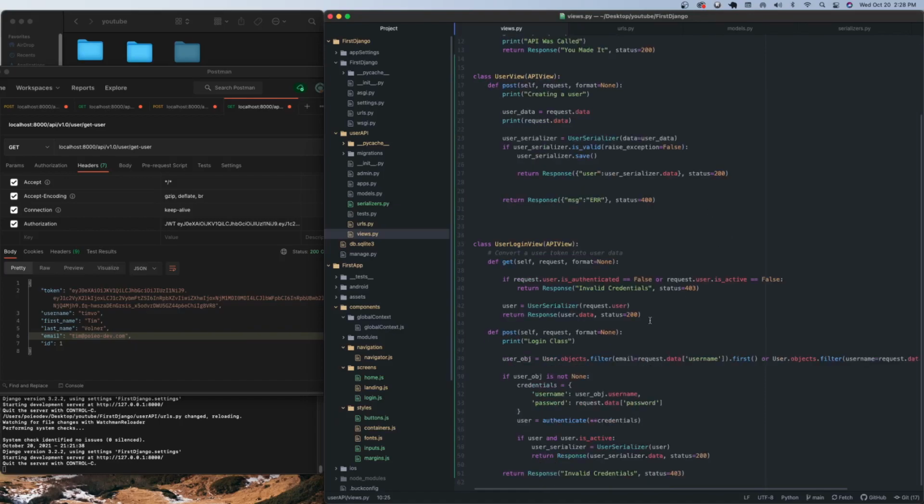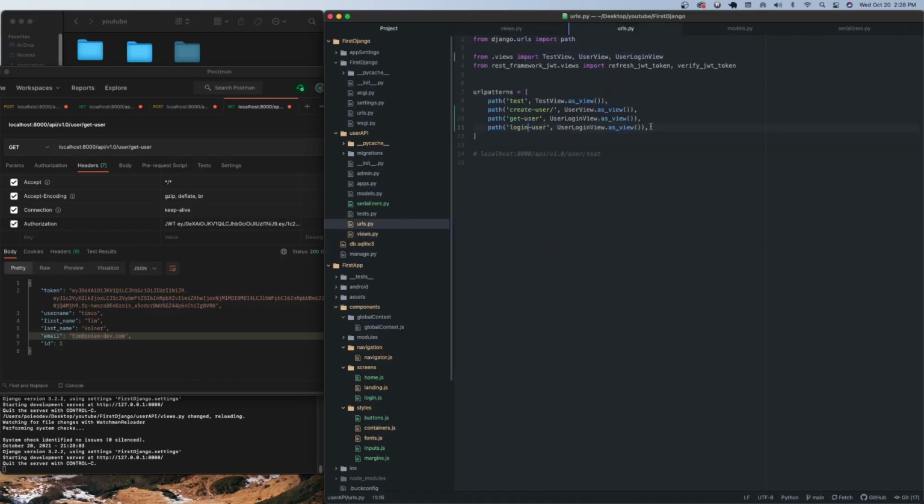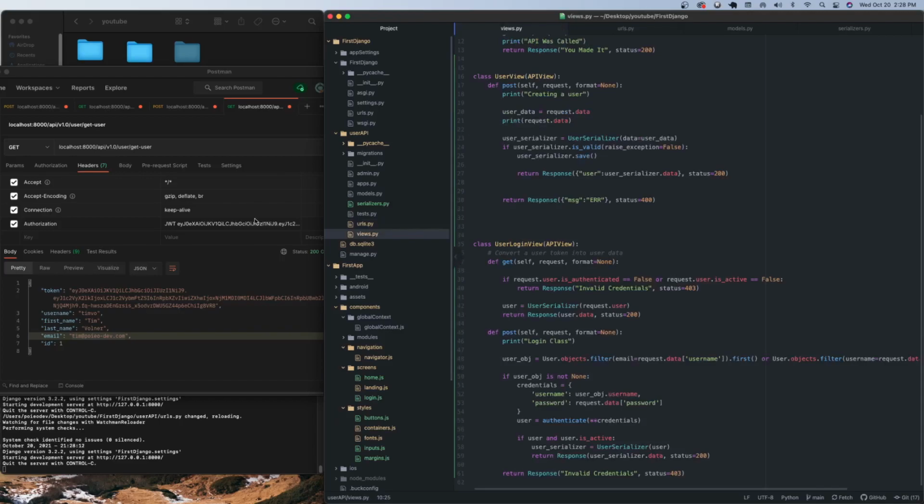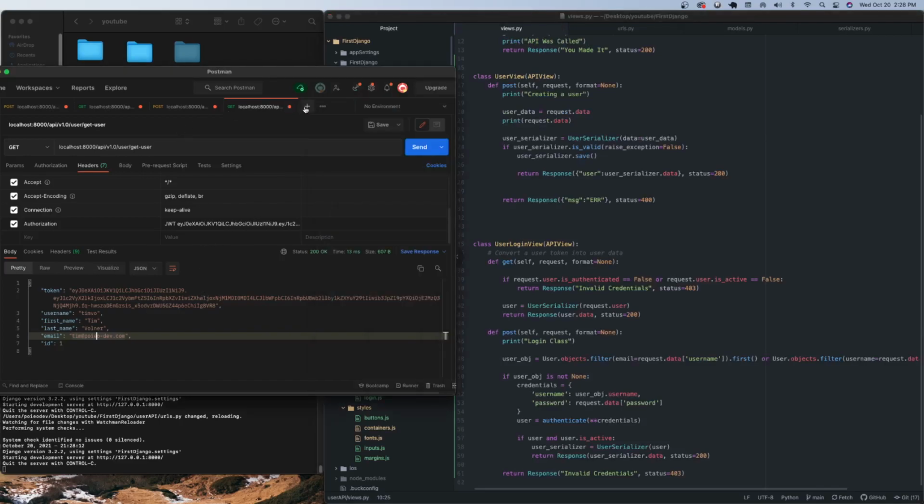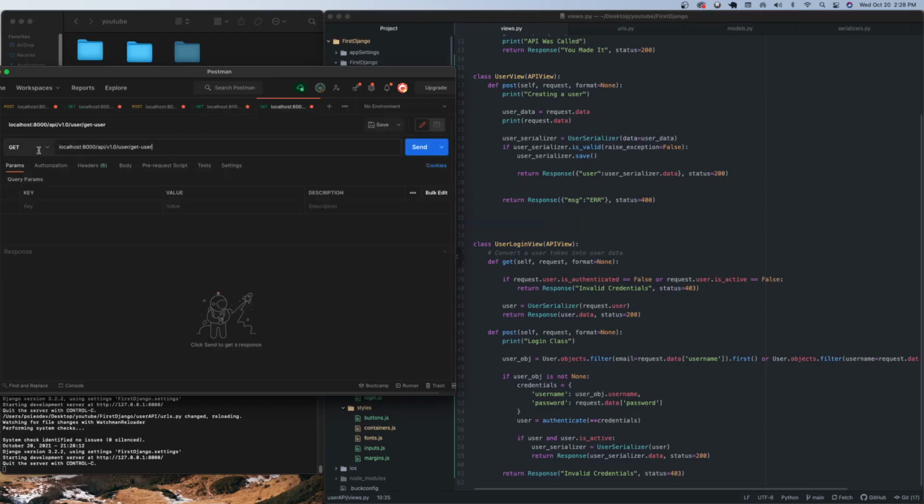Save that, and let's see, URLs. Let's see, login user needs to be a slash at the end because it is a post request. So now we're going to create a new API call. Let's see, do we have it? Nope. And so we're going to create a new one over here, with post request, and this is going to be for logging in the user,